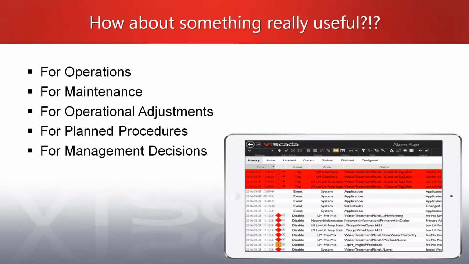Again, was it better than it was before? Absolutely. At least it was a record that someone had acknowledged that alarm. It meant that somebody had not pulled the card out and disabled it. It went off at some point. And that was a real common way to do things. So learning from those other ways of handling alarms is how we've ended up where we are today. And so on that one, I want to talk about the useful part of alarms.